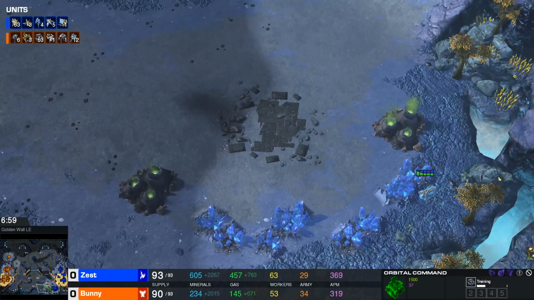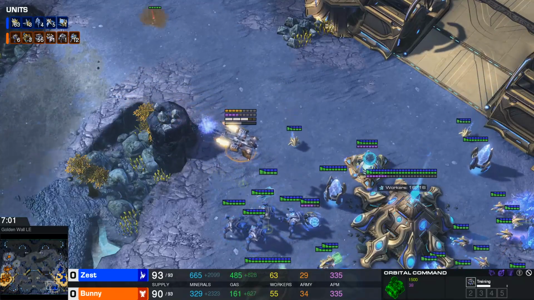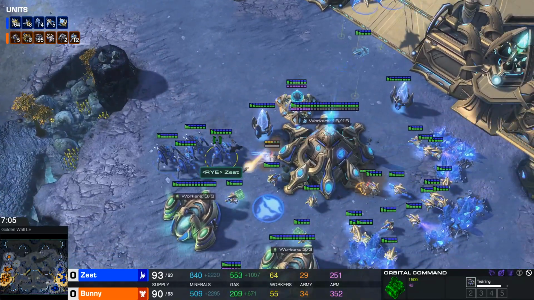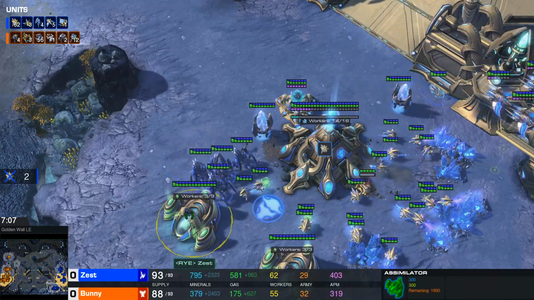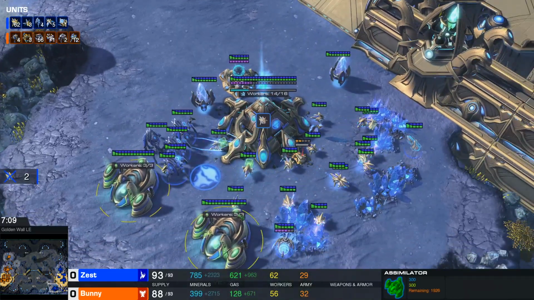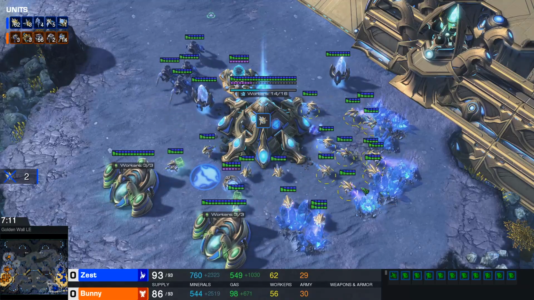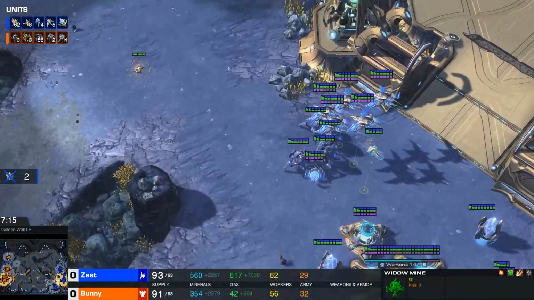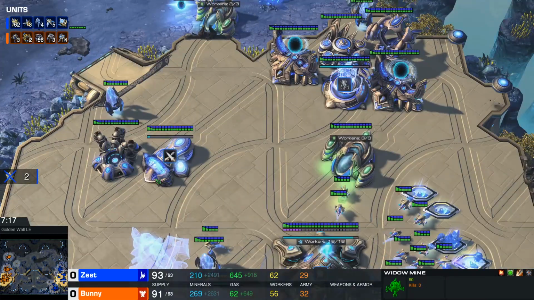4th base not going down yet here for Zest, who seems to be... Ooh, this is an interesting drop. Now this I like. I like... Oh, jeez. Into a simulator, so completely misses. That could have been a big shot. Honestly, Zest didn't really respond at all and just got kind of lucky here. That was 4 mines and... actually 3 mines and only 2 workers went down, so...